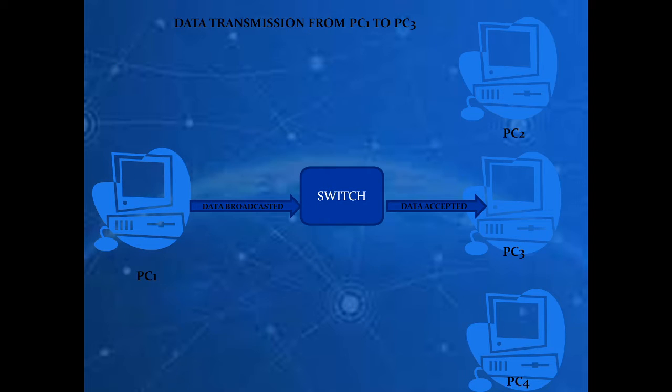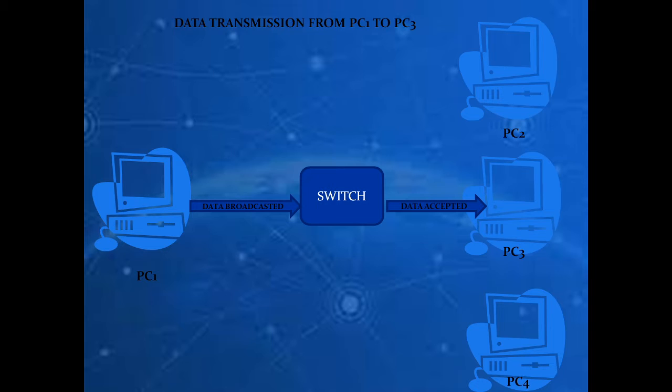Okay, so here, beta, we have one diagram. Let us compare this diagram with the previous video's diagram where we discussed the working of hub. In case of hub, a hub is used to broadcast the message, and I have explained what broadcast is. It means the message will be sent to all the connected devices. But instead of broadcasting, what is done in switch?